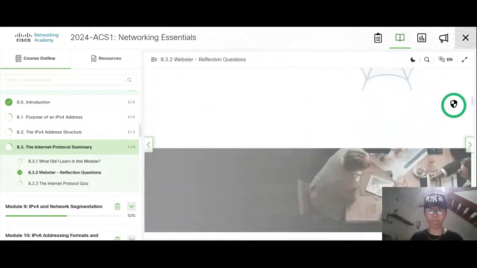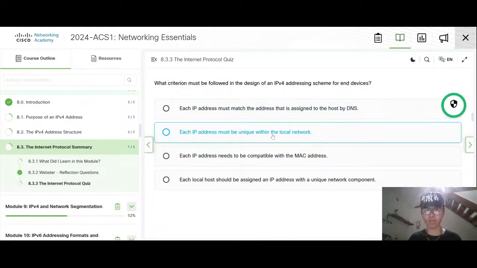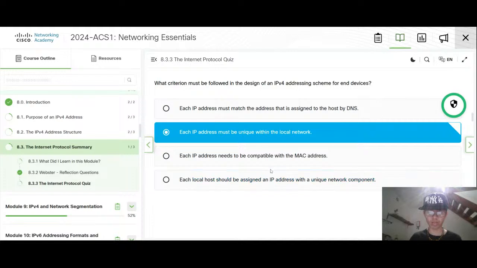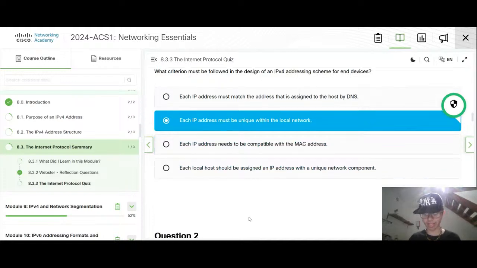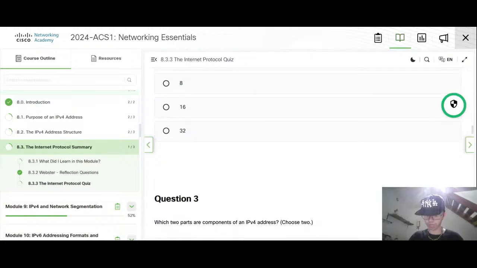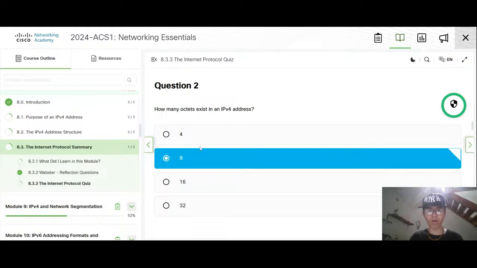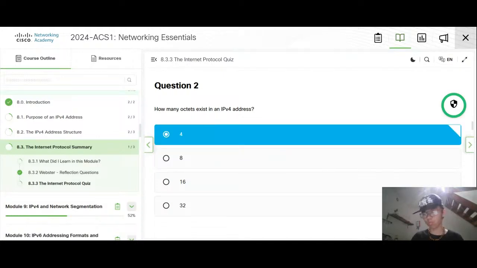Okay, IPv4 addressing scheme for end devices. Maybe it's unique. It's not this, not this. No, then by DNS, of course, no. Octets, four octets, which then provide 32 bits.